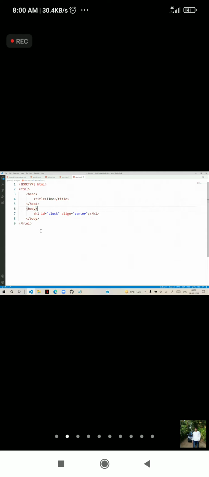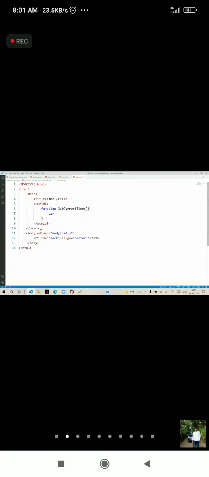Now I want on body load, onload equal to body load, to display the date and time. So how you can configure the time and how you can define the time. To configure the time, I'm writing a script, and first I will write a function. So get time; we will write get current time. Get current time is the function.